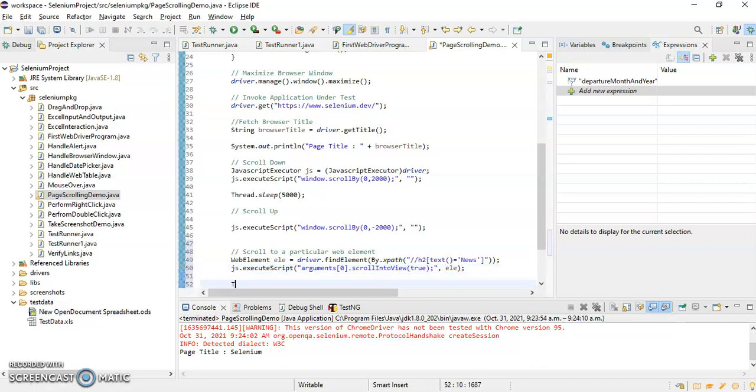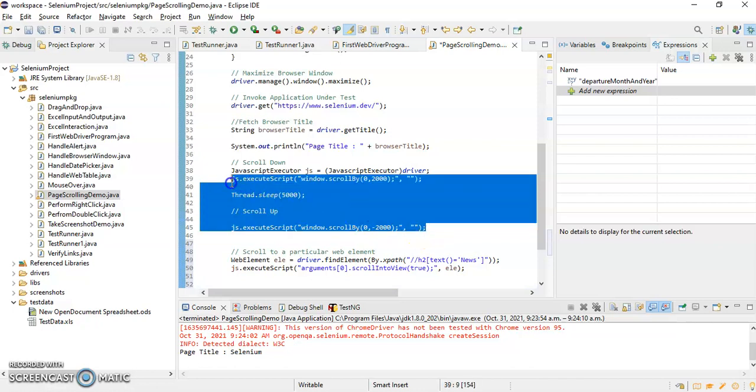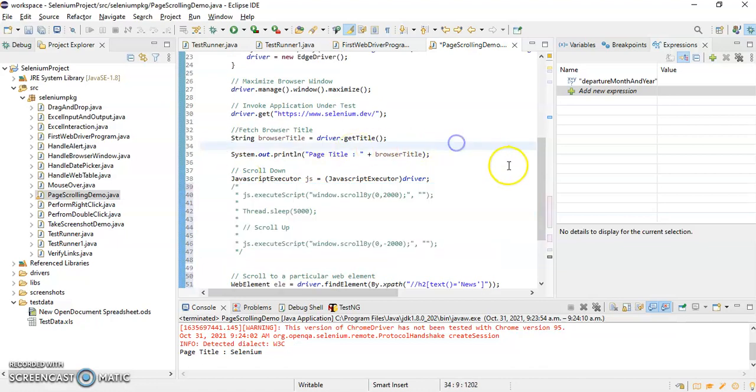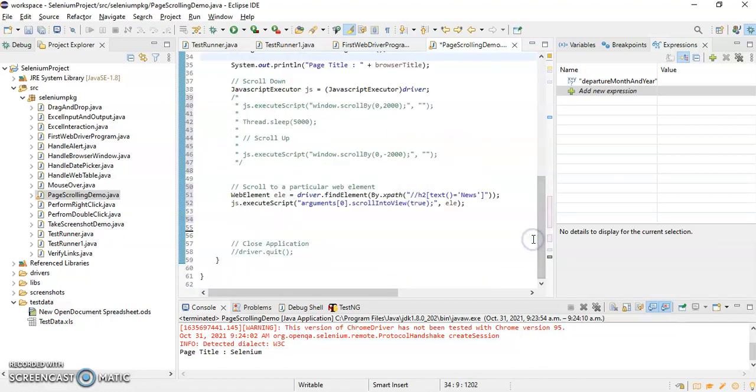After that, I will comment this code up to this. So this time it will scroll my page until this particular web element becomes visible. Let's run it and check whether it is working as expected or not.